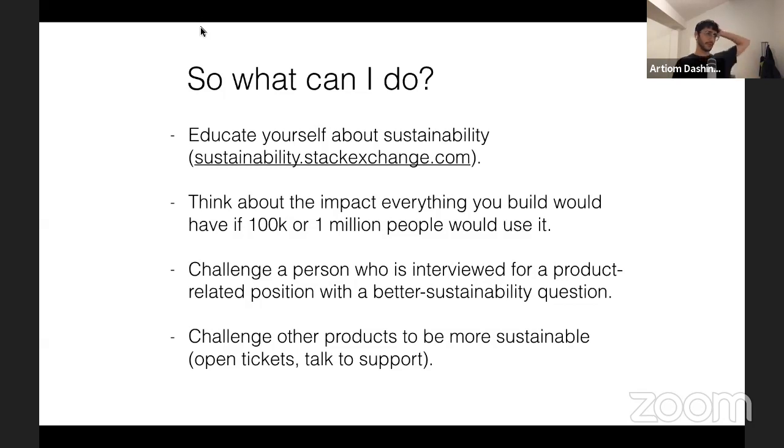I also encourage you to think, even if your product doesn't have a lot of users right now, what kind of impact it would have in case that tomorrow 100,000 people or 1 million people would use it. It can also help you to understand where the opportunities to improve the sustainability of your products can be. Another thing you can do is to challenge, next time you're interviewing a product manager, is to ask them